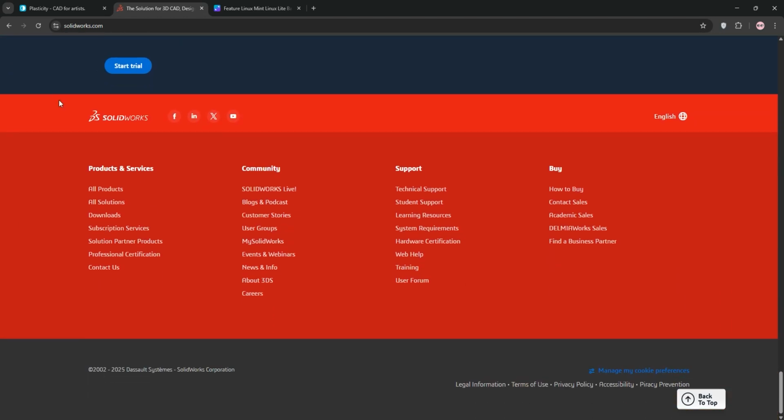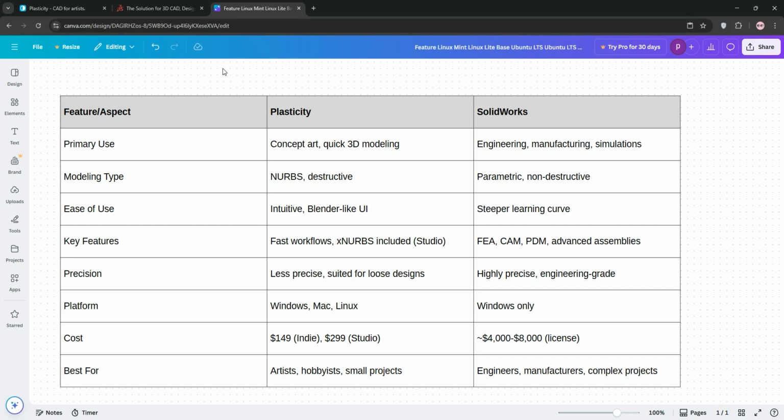So, how do they stack up? Plasticity is faster for conceptual modeling with an intuitive UI that's great for artists and hobbyists. It's budget-friendly but lacks advanced simulation and assembly tools, and its destructive workflow limits edits. SolidWorks, on the other hand, is built for precision engineering. Its parametric modeling, extensive tools, and its industry adoption make it ideal for professional manufacturing, but it's expensive and has